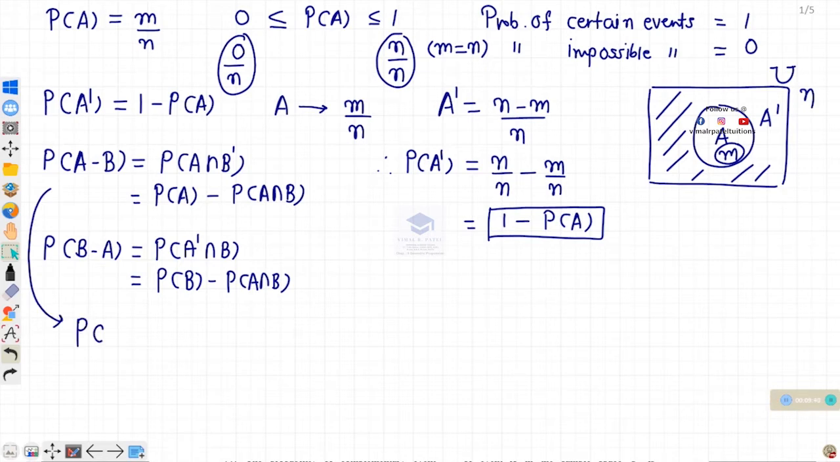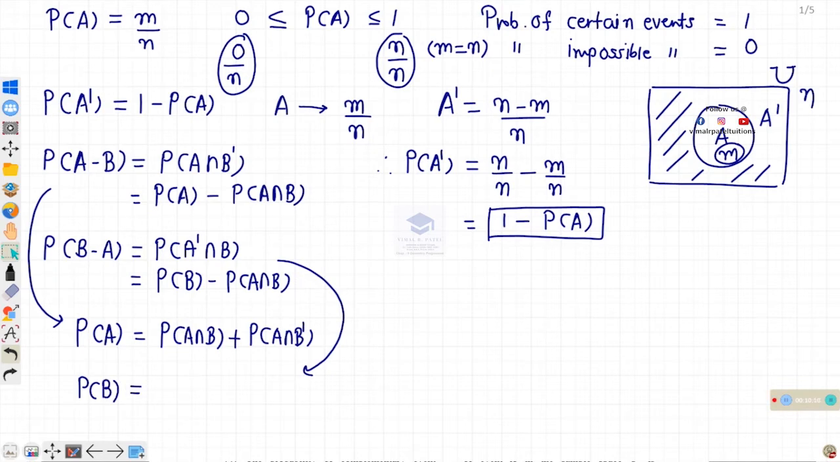P of A is equal to A intersection B plus A intersection B dash. Okay. From this,